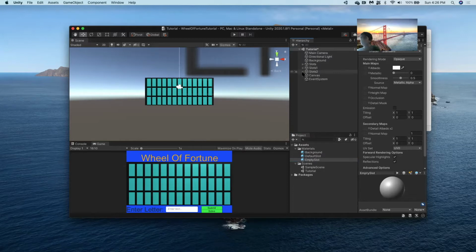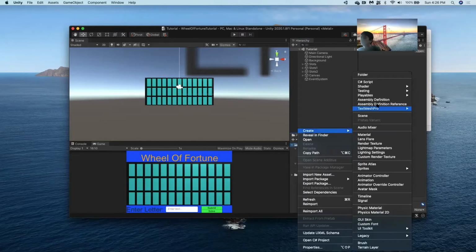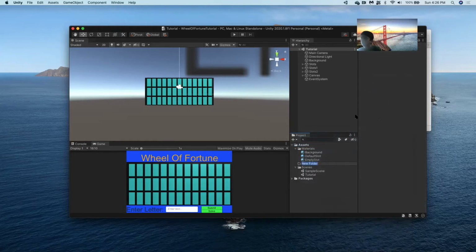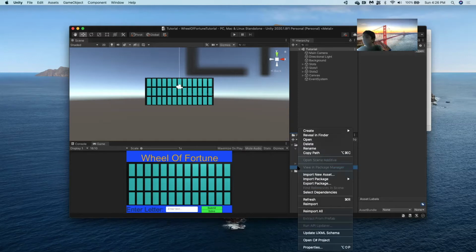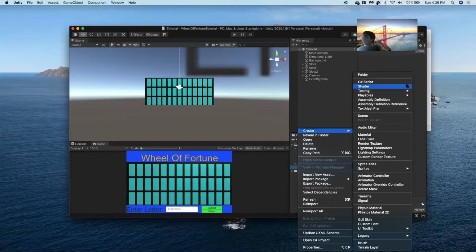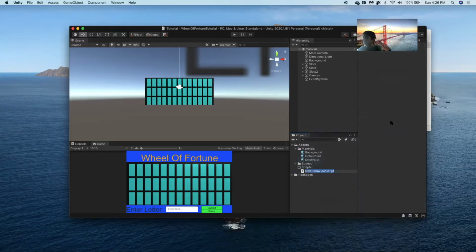Okay, so the first thing we want to do is create a scripts folder. Let's start from the most basic and then go to the most complicated script. We're going to be working in C# today. So we are going to create the script called slot,